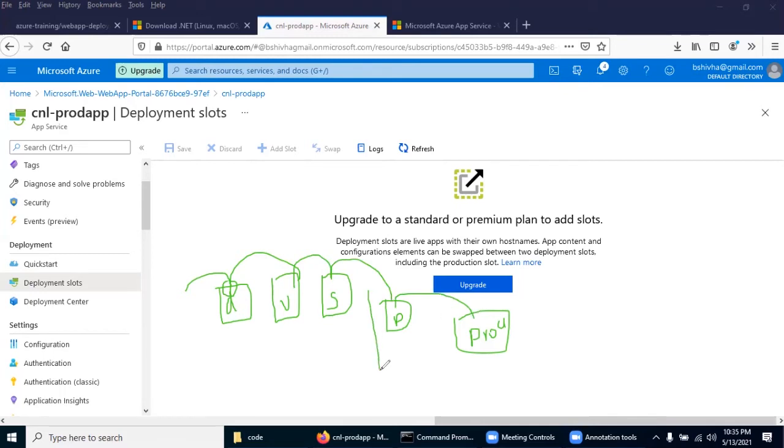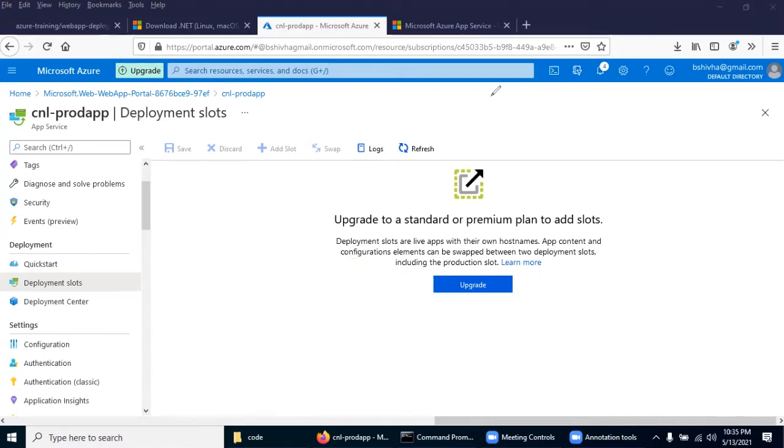Something like a pre-prod will become a prod, and prod will become a pre-prod, because most of the time, for cutover, some projects or some clients also have one more backup environment to keep the N-1 version always. So you plan accordingly, but I will give you an idea through this. So let me delete first.